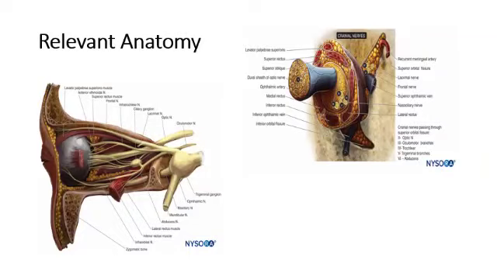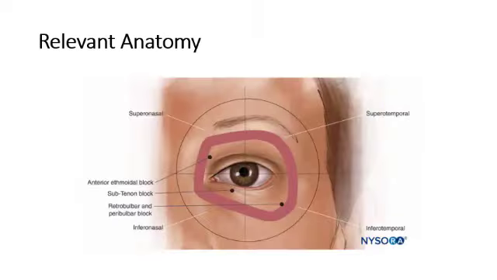So this is a picture showing the origin of the muscles at the annulus of Zinn and the different nerves entering the orbit through the superior orbital fissure. So coming to the anterior orbital spaces, these anterior orbital spaces are important because we give the peribulbar and retrobulbar blocks through these spaces. There are 4 in number anteriorly, that is the supranasal, supratemporal, infranasal and inferotemporal spaces. We give the block in the inferotemporal space because it is mostly avascular and it is large also among all these spaces. So we give the retrobulbar and peribulbar blocks through this space.